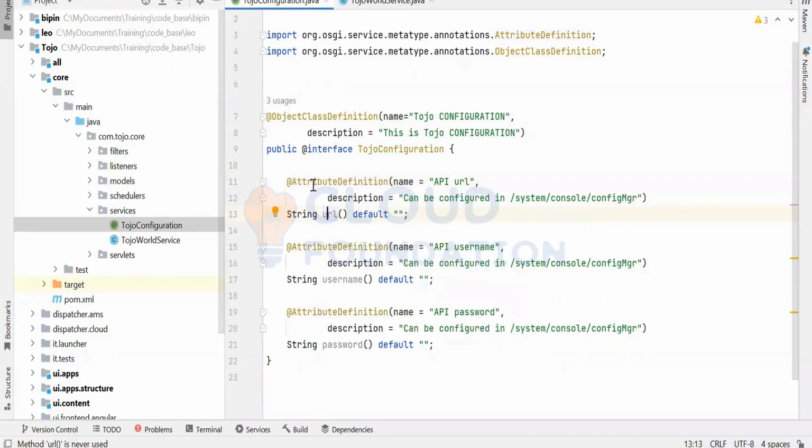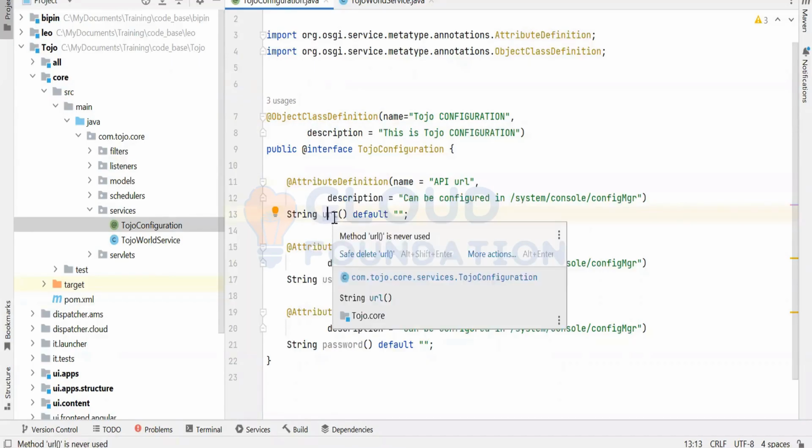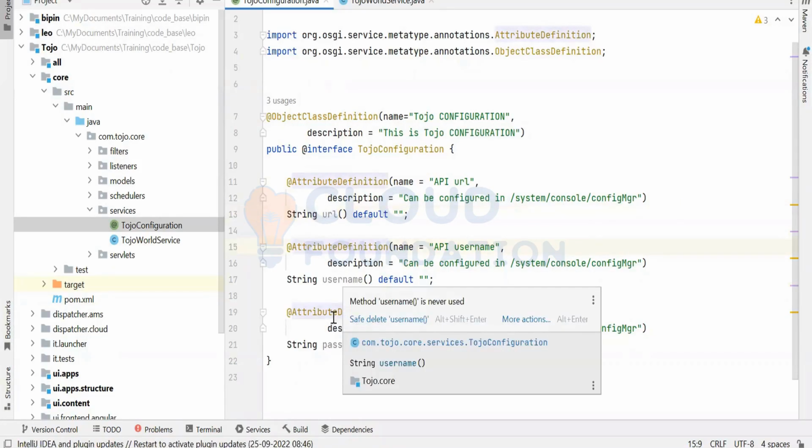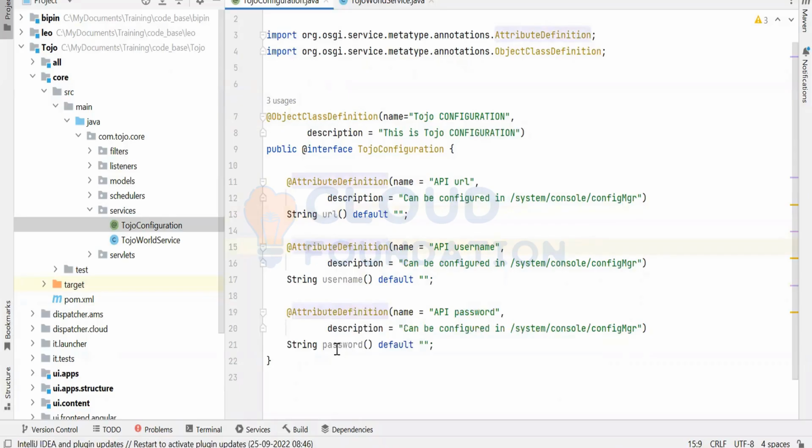Like here, that AttributeDefinition, the name of this is API URL and the value will be the URL. I will show you how it goes. Similarly, there is another AttributeDefinition, and the username AttributeDefinition is passed. This is a simple OSGi configuration that we have created. Once you create an OSGi configuration like this, with the API URL, username and password,